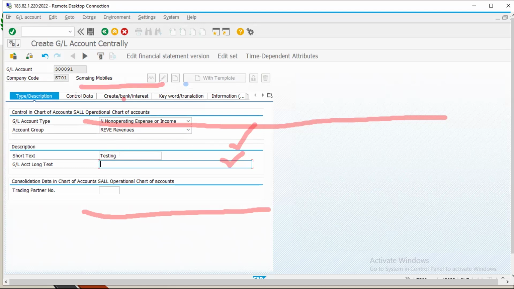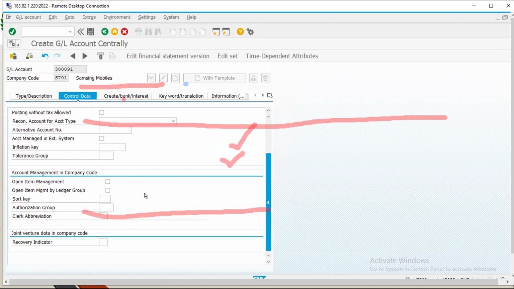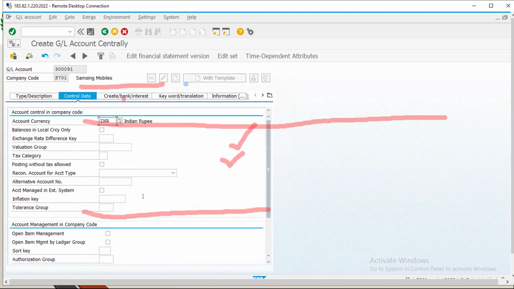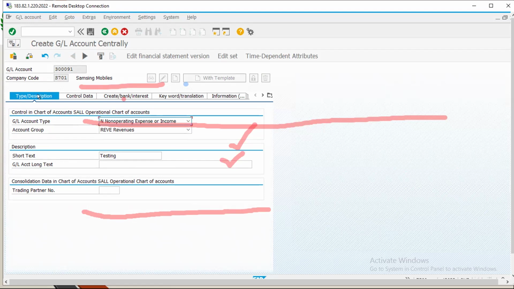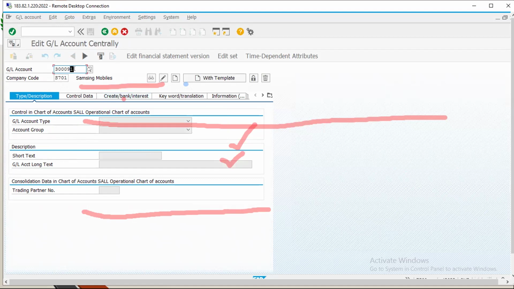See here. Now let me go to the controlling. You can see here, now you cannot see the option, the cost element. The option to key the cost element category is not appearing here. So that is the functionality of this one, meaning that there is no relationship for your controlling, for your information.